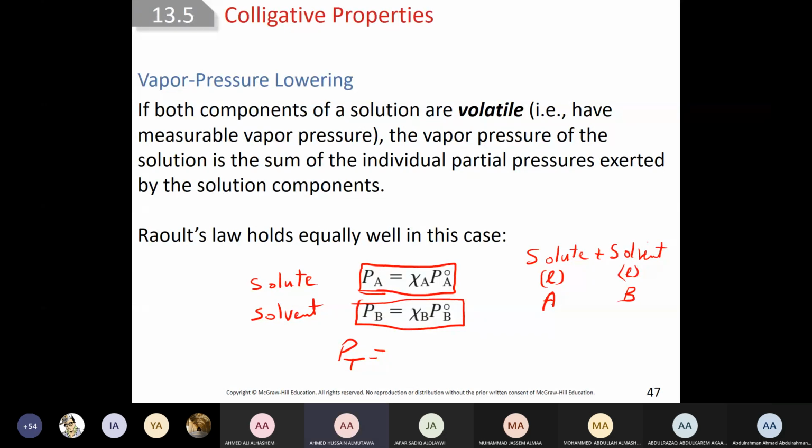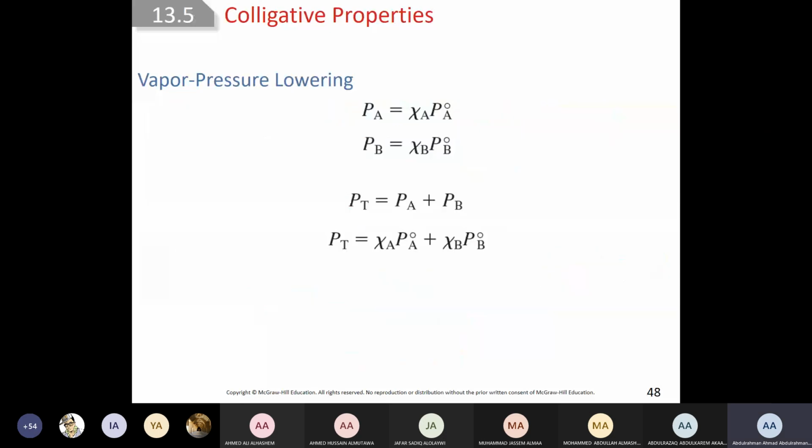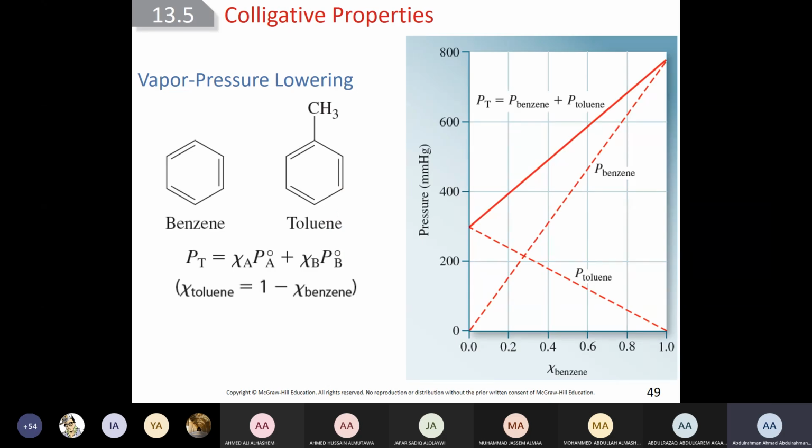We add them together, which is PA plus PB, as simple as that, if they are both liquids, and that's what we are doing here. Can you see it here? So if this is P total, it's PA plus PB, and we should have it like this if we want the mole fraction, and that's the diagram that represents